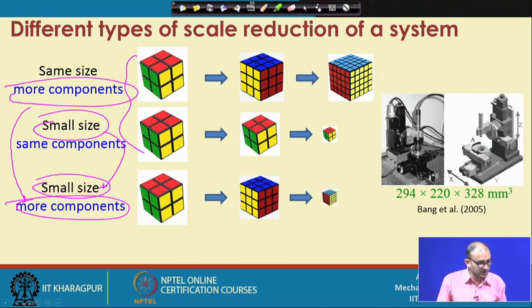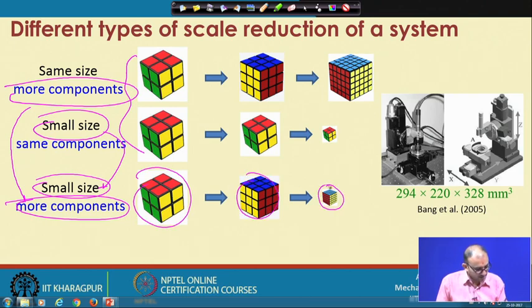So, this is what is happening here, the size of this particular thing is also reducing. So, it is here, here and here, and if you see one component, this particular component is also reducing from size to size. So, all these things will create a lot of problems in manufacturing, because just by showing a Rubik's cube and changing the size, it is very easy, but when it comes to the actual operation and how to make this component,